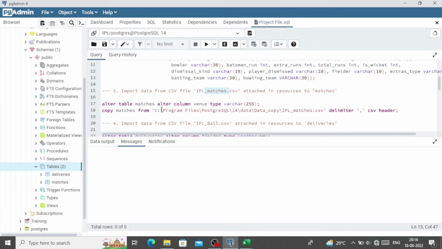So importing the data, ignore this one, because I entered a low value for the win type, that's why the table was not imported. So I have altered the table by using alter table matches alter column win type varchar. Okay, then this is the query to import the data from